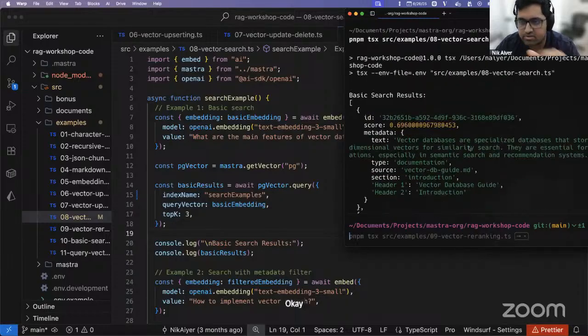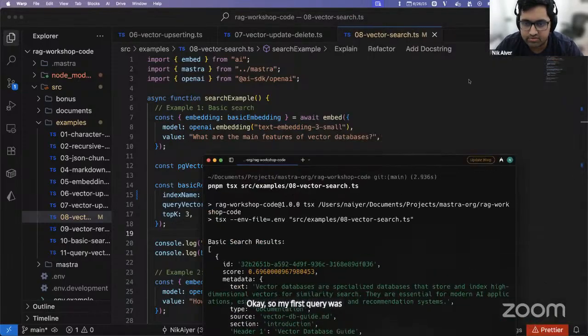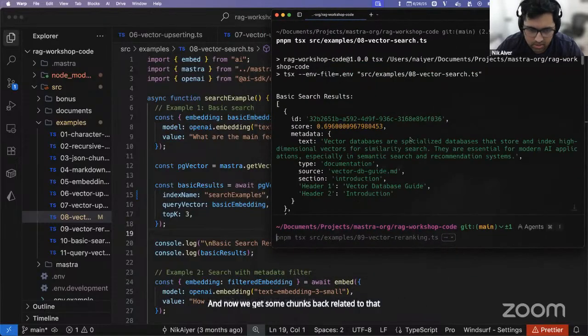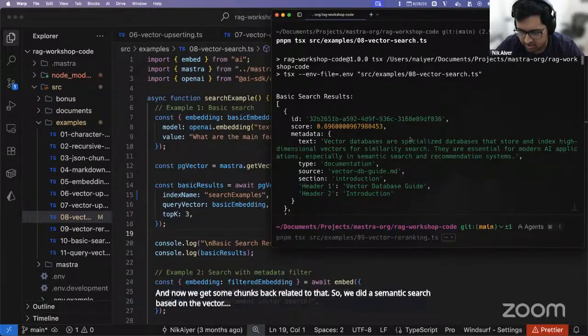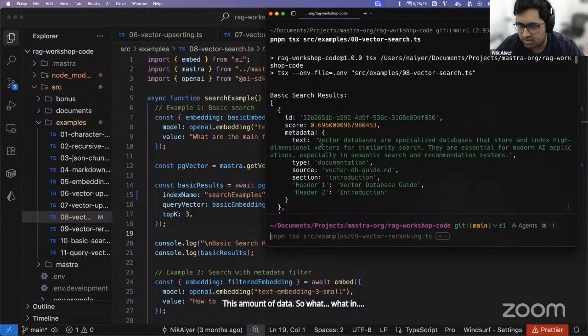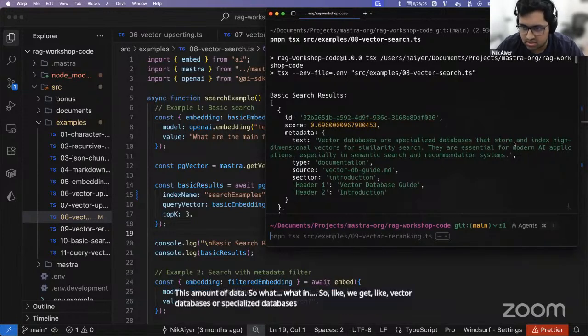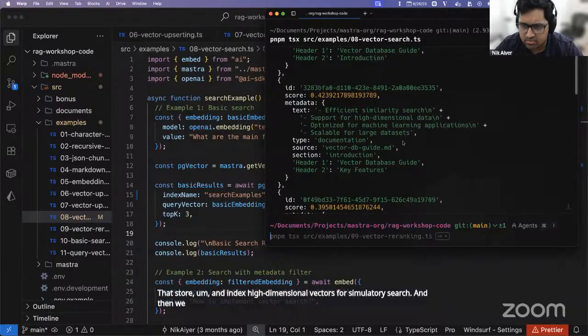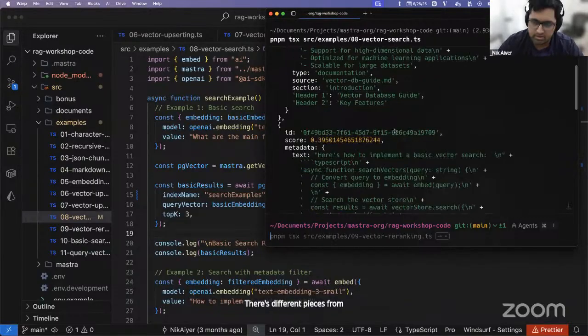Okay. So my first query was, what are the main features of vector databases? And now we get some chunks back related to that. So we did a semantic search based on the vectors themselves, and we were able to get back this amount of data. Like we get, vector databases are specialized databases that store and index high dimensional vectors for similarity search. And then we have some more data, different pieces from our markdown file that we were